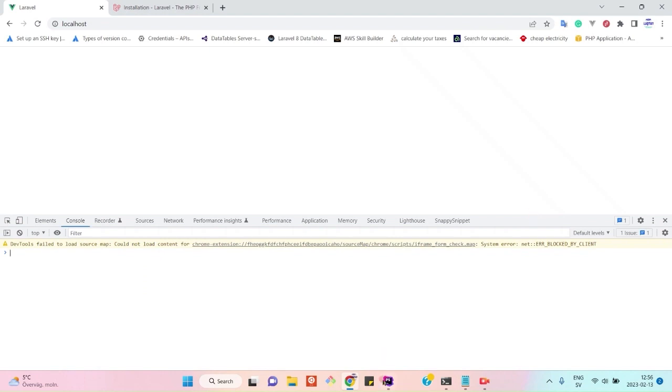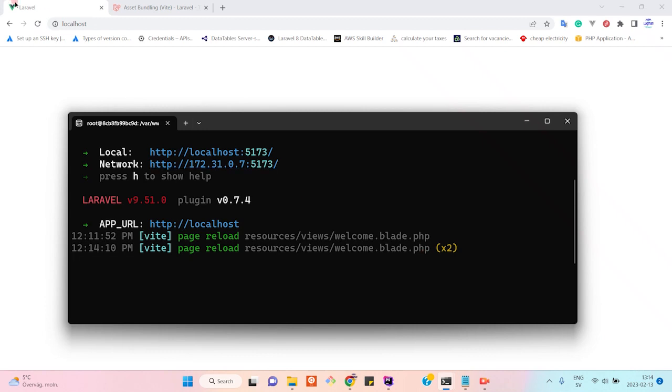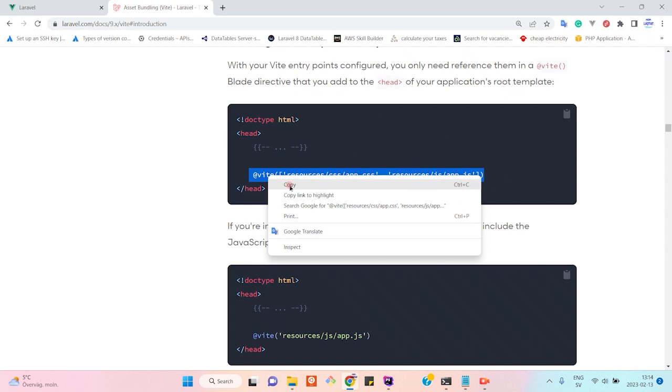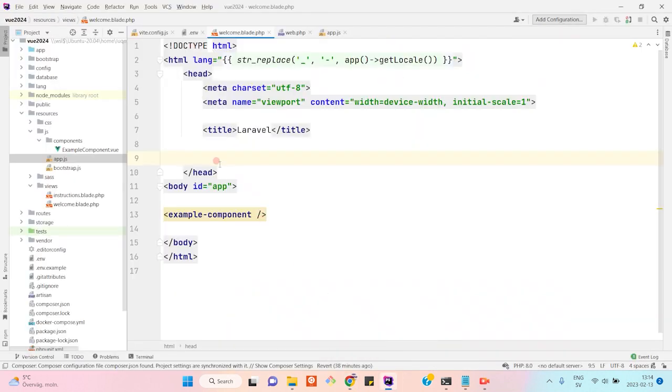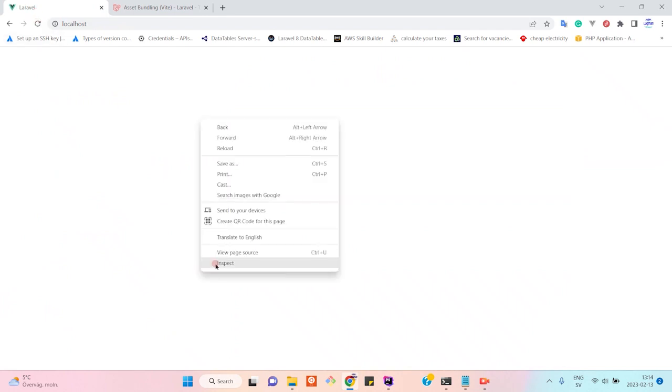Nothing happened. Maybe we need to run npm run dev again. Okay guys, we forgot one thing. We are using Vite to bundle our CSS and JS, so we need to add this in the head tag. Once we add this and refresh the page,